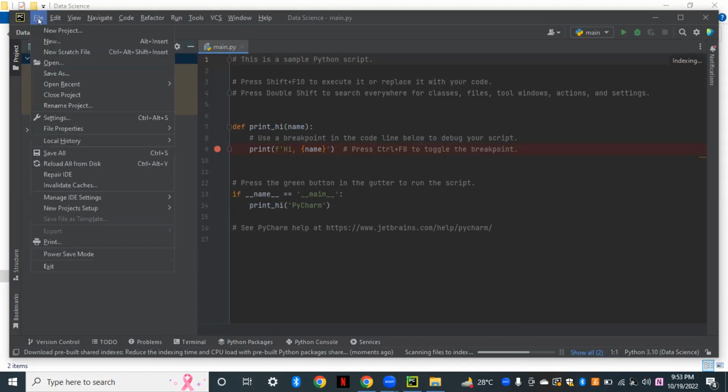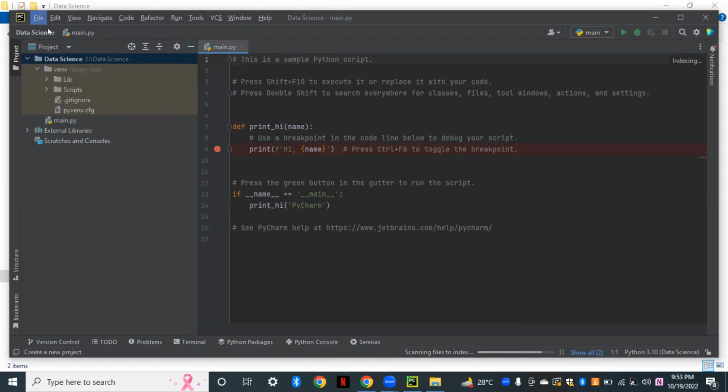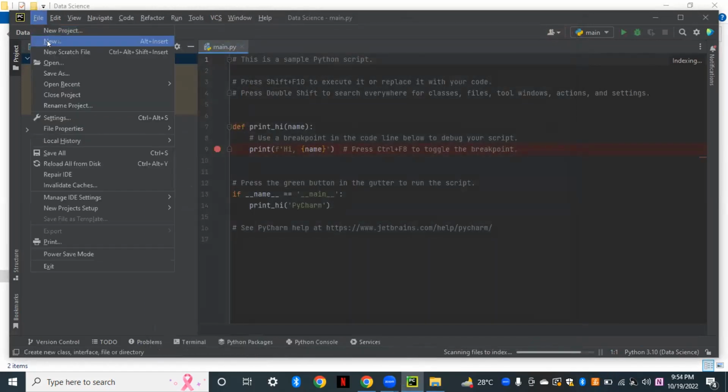File, new. Project is fine. New, cancel. The project we have already created. Let's create a new file. New,